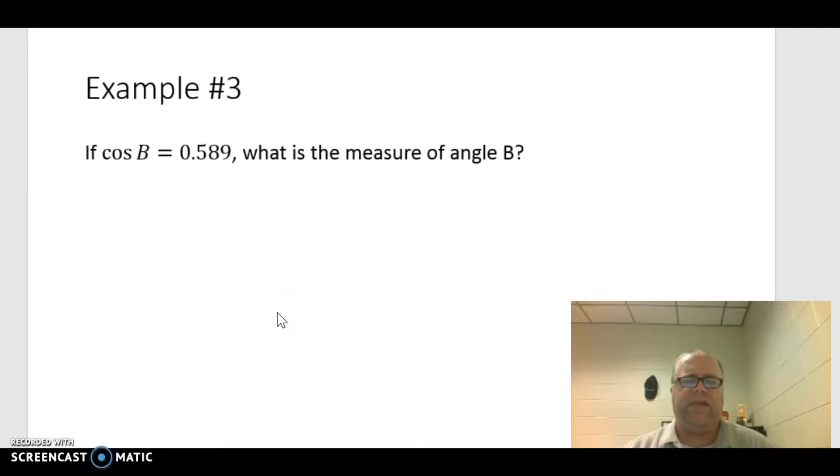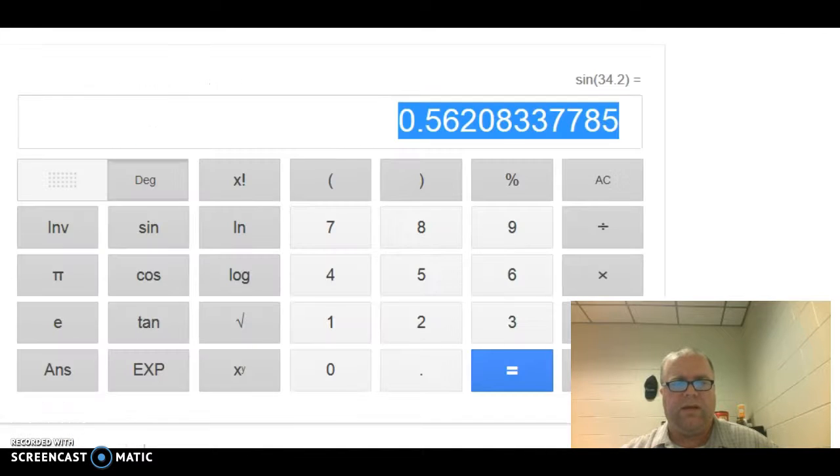And lastly, let's do an inverse function problem. If the cosine of some angle B is equal to 0.589, what is the measure of angle B? Well, this is one of these inverse relationships we're talking about. Instead of giving us the angle and making us find the ratio, they're giving us the ratio and asking us to find the angle. So in those cases, when we're trying to find that angle, we need to use the inverse function. So I'm going to go to my calculator and I'm going to do